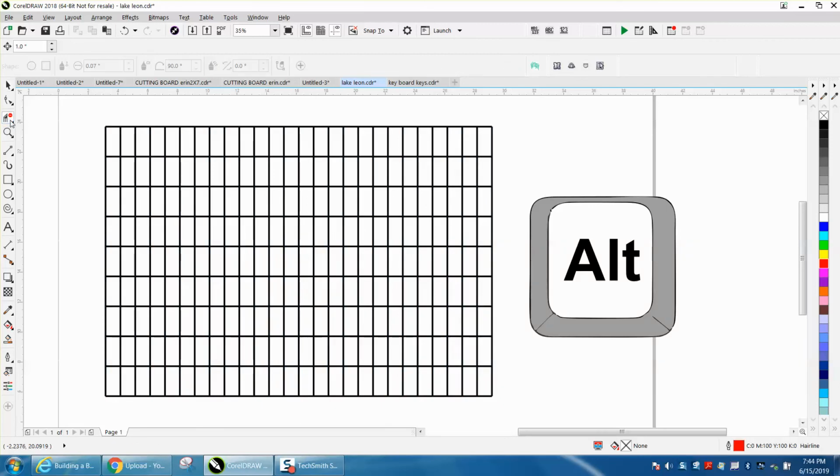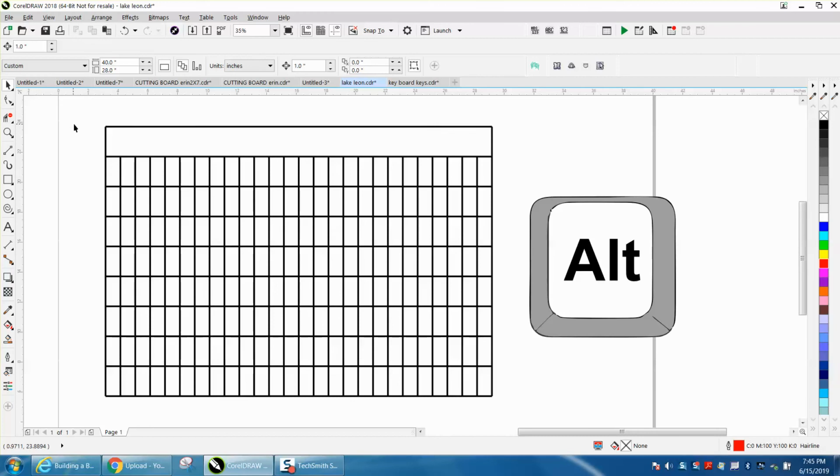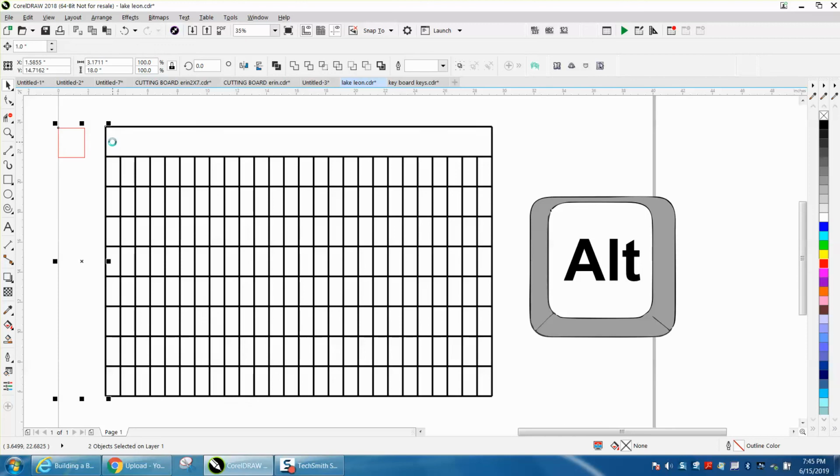Same thing, if you didn't want these center lines, you could get the virtual segment delete key and just swipe through the middle, not getting the outside. So the Alt key helps you select things that you only have to touch part of it. So to select this line or that rectangle in that box, I have to select that box. But if I use the Alt key, I just have to swipe through there and I've selected that line in